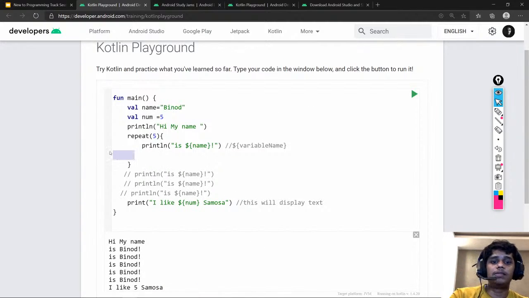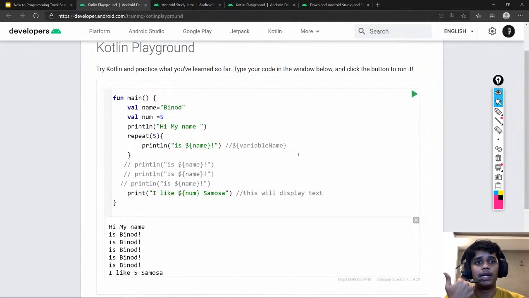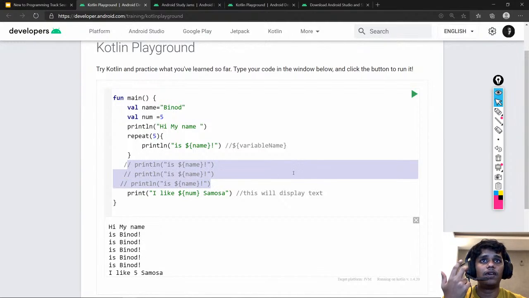So that's basically the variable. We have used the variable. Now we have shown you how to comment, and we have also shown you how to use the repeat function. Now next is that,